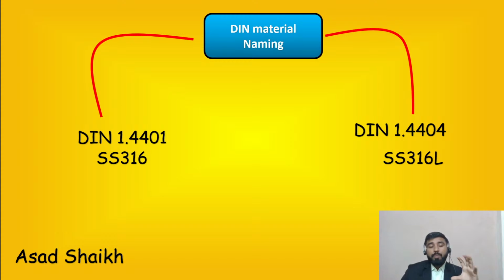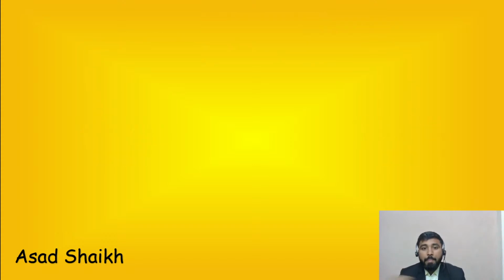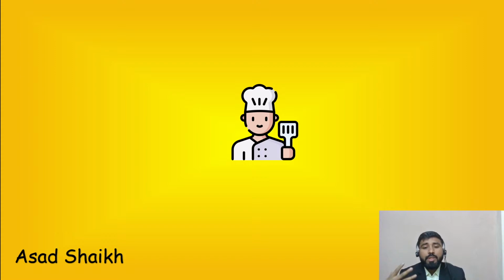And I would like to give you a thumb rule. If your line size is small, vendors can give you a forged version. If your line sizes are too huge, it is difficult for them to give you a forged version. If it is still mentioned in your spec that they want a forged version, then you should definitely raise this and ask them to give some leniency when it comes to very large sizes. Okay.